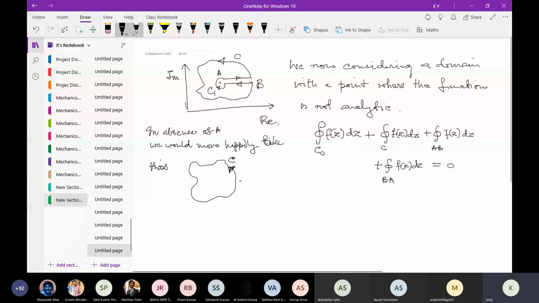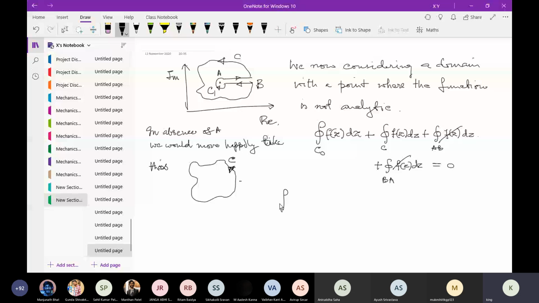I can take this as negative or positive, it really doesn't matter, so I'll keep it as positive. This has to be 0 because this path does not involve a non-analytic point, this path does not involve a pole. So the overall integral should come out to be equal to 0, and these two should cancel out, and therefore